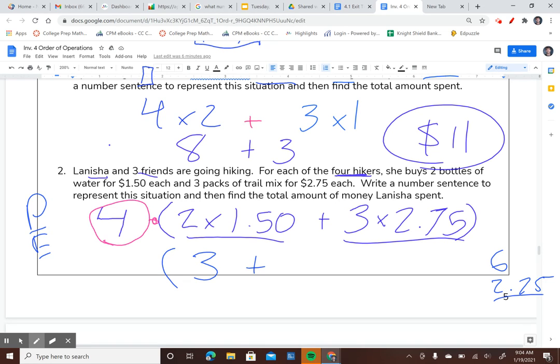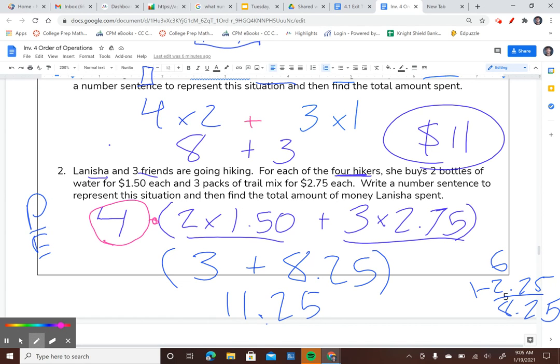So that'd be a total of $8.25 here. So 3 plus $8.25, that's going to give me $11.25. That's on the inside of the parentheses, and now we have our 4 to multiply times whatever was inside